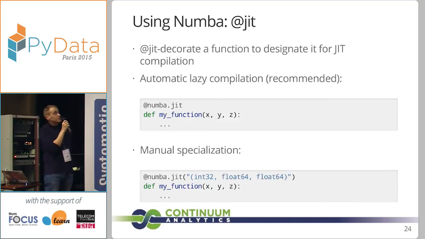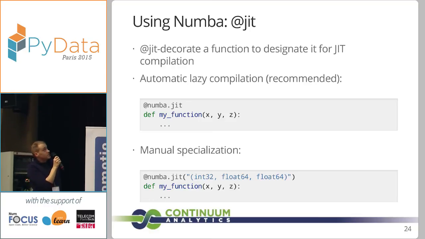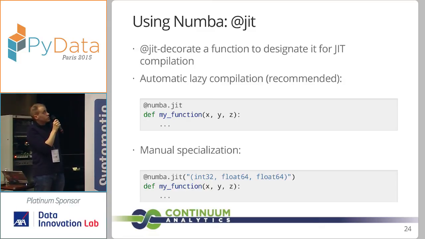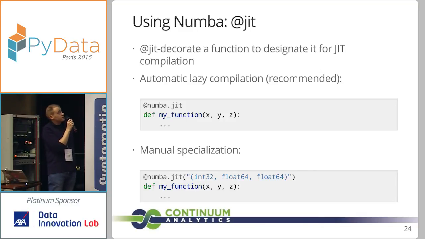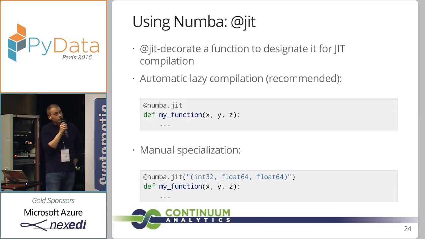So how to use it? Using Numba is very simple. You have an @jit decorator. You tag @jit to your function to designate it for JIT compilation. There are two main modes of invocation. The first one is that you don't add any parameters to your jit decorator. In this mode, Numba will operate in lazy compilation mode. This means really that Numba will wait for the first call to a function, see with which kinds of arguments the function is called, and infer the typing from that first call. This is really the very common mode because it's easier than declaring everything by hand.